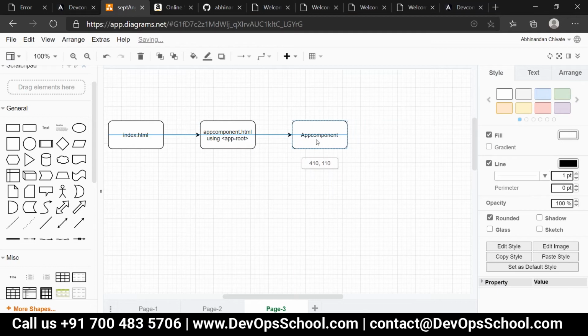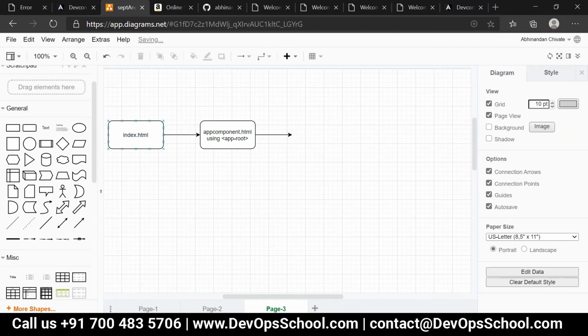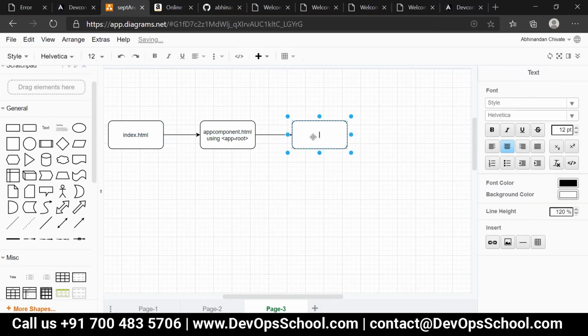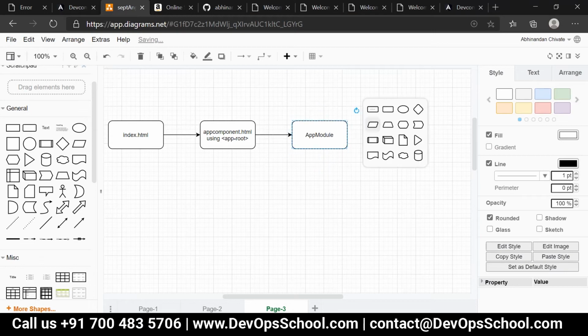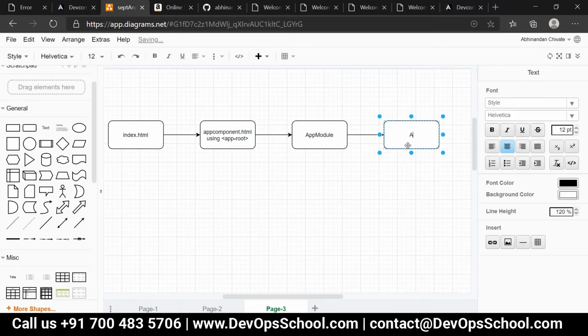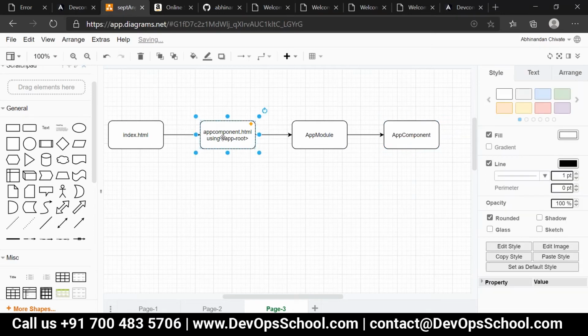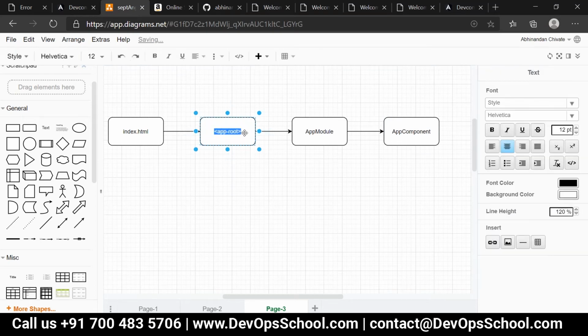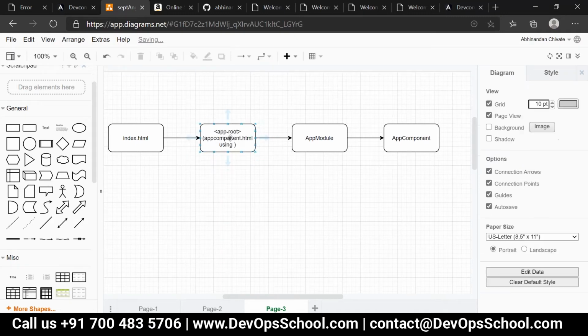Will it come to the app component directly? No. It will first hit the app module and then connect to the app component. It's going to render this app.component.html content, but how is it rendering?